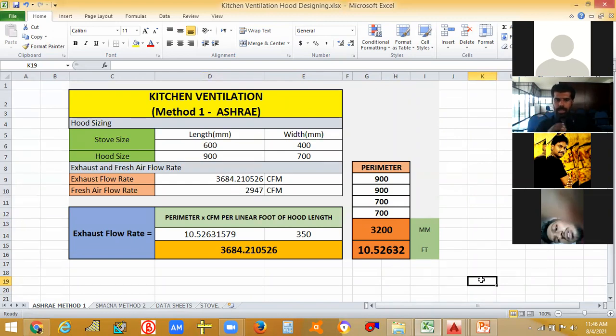Why I'm focusing on this is because this is an important topic. So in future, if someone asks you to design a kitchen hood, you should be able to design it. I think this is an easy topic and you have understood this. So tomorrow will be just a little more, extending this. I will show you the CAD drawing, and not only that, we can do it manually also, step by step.